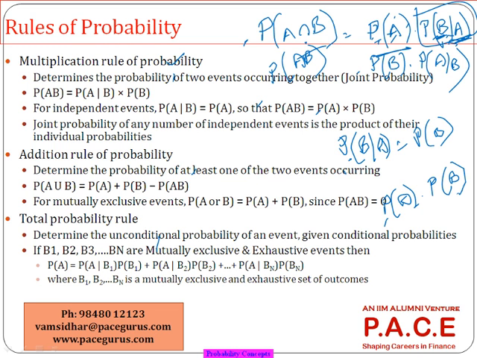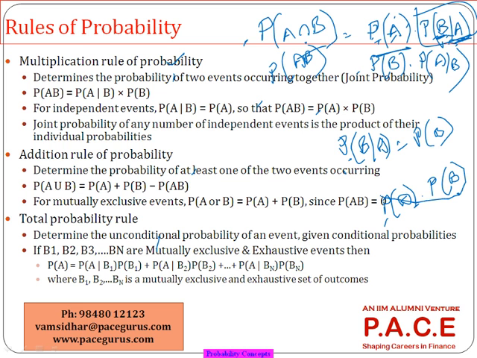We don't talk about both of them occurring. We are fine with at least one of them occurring. That is, here either A or B means it includes even the both also occurring. So whenever we talk about, let's say we are talking about events, A being